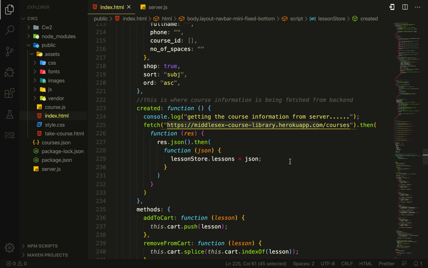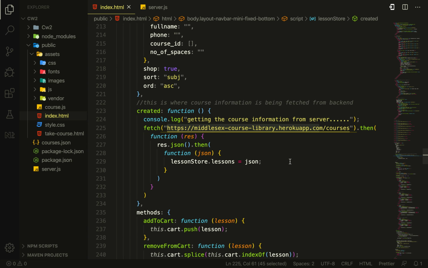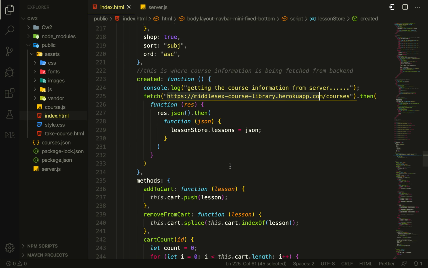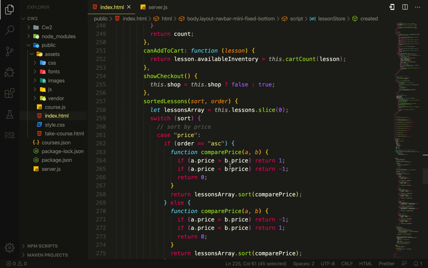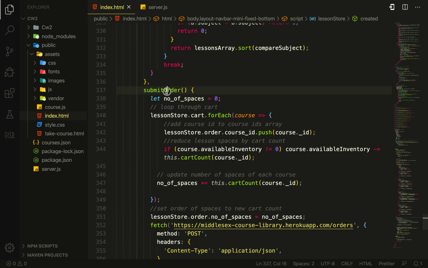And then we can populate our arrays with the JSON that this file returns. I also updated my submit order. In this submit order, I am reducing the inventory of available spaces in the courses. After an order is submitted, we push, and then